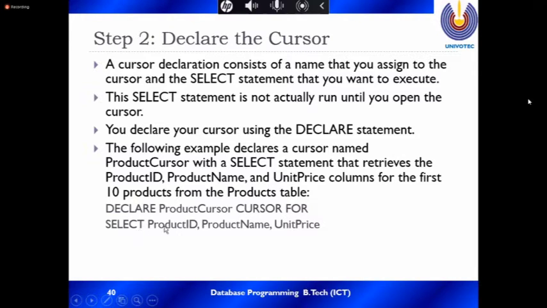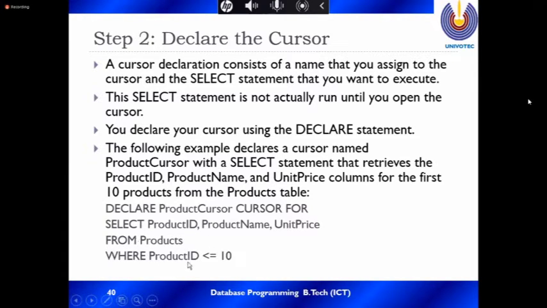Then select product ID, product name, unit price. We are going to retrieve this data. Here is the declare, this is a name, cursor 4. Then the select statement: from which table and condition. This is the select statement.